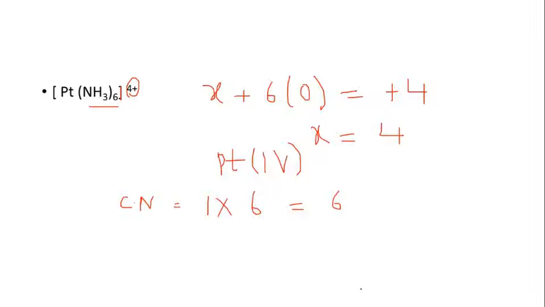Next, going to the next example. Here is an example where it looks very complicated, but you can solve it with the same method as explained earlier. So you need to find out the oxidation state of cobalt. So X plus, but if you can see, this whole coordination sphere is taken twice. So that's why you will mention 2X. Okay, 2X plus, and there are 6 ammonia ligands here, and the whole coordination sphere is taken twice. So 6 into 2 is 12.